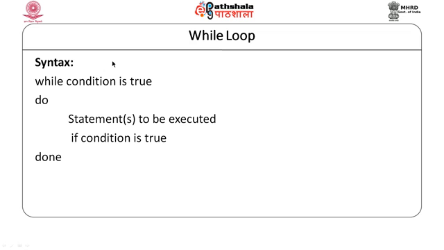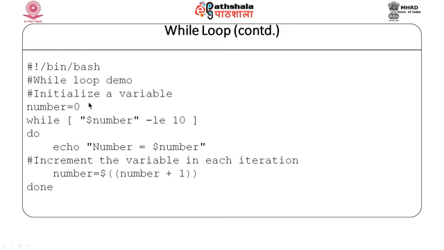In until loop, the condition will be reversed. Let us explore. This is the shell program that uses while loop. The condition is number must be less than 10. So, over here a user will enter some number. If the number is less than 10, the loop will iterate. This is a simple loop that keeps on adding numbers. We initialize the number value to 0, and as the loop iterates, the numbers keep on adding. So, it will be 1, 2, 3, 4, and when the condition becomes false, it will exit out of the loop.